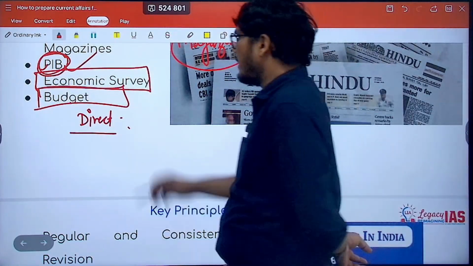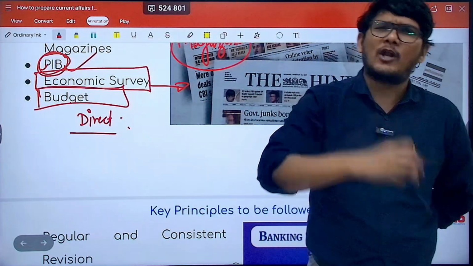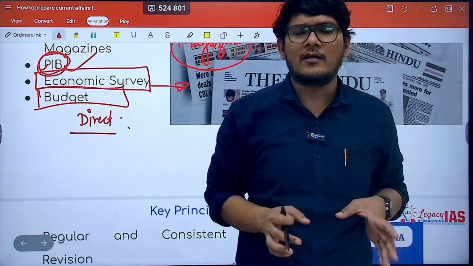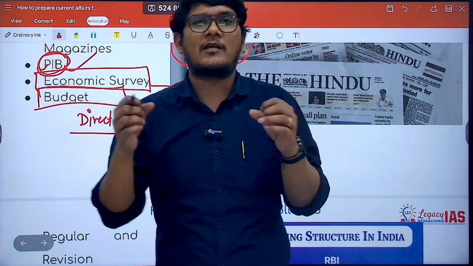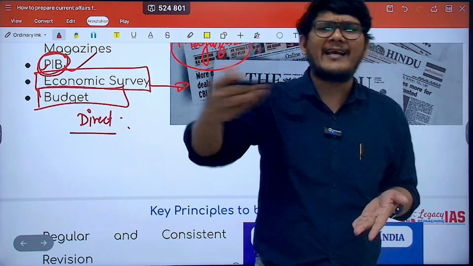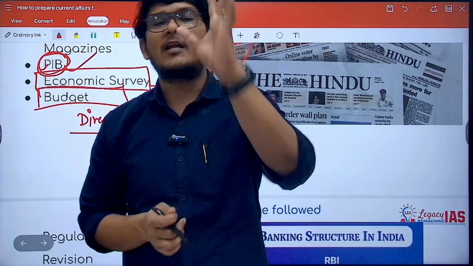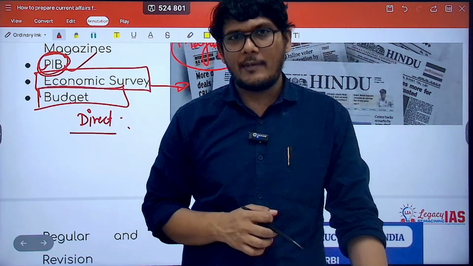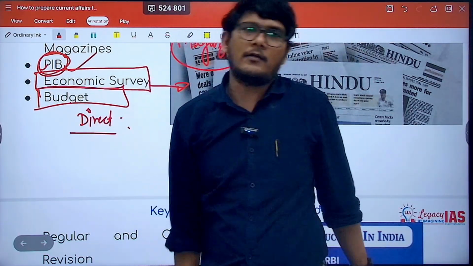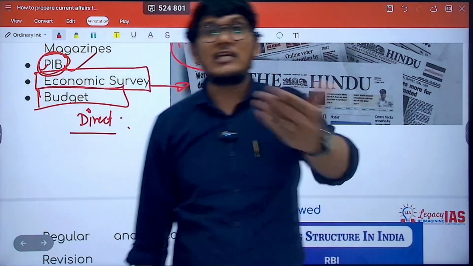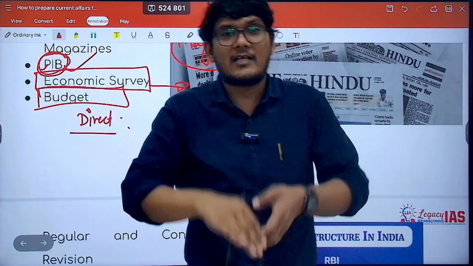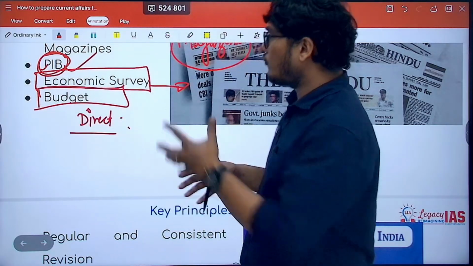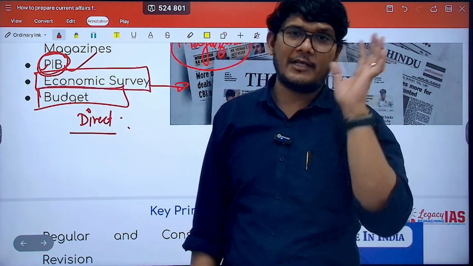And keep in mind, the economic survey every now and then comes up with new terminologies and phrases, like the twin deficit challenge, like India being the net exporter of water. These are all phrases from the economic survey of the past. You can of course utilize them in your mains answers as well, but they can play a very important role in your prelims as well. So the economic survey is the most important document, but of course the budget is also important. Why is it important? Various schemes mentioned here, the allocation, increase, decrease, remain the same, scheme discontinued, new schemes coming up, all those become important for your preparation.